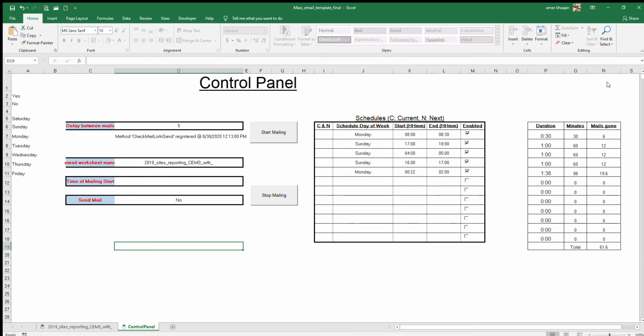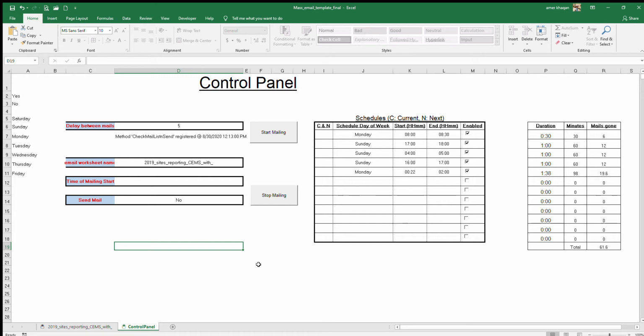In this video, I'm going to show you how I am using Excel to send a large number of emails. Instead of using commercially available software which has a recurring price associated with it, I wanted to avoid that. Excel can do this, but for this you need Visual Basic programming. I don't know Visual Basic, so I asked someone else to help me with this, and the final product is